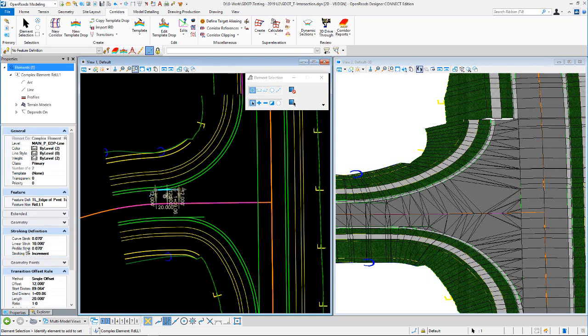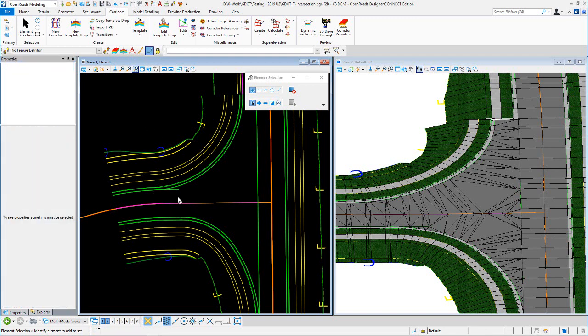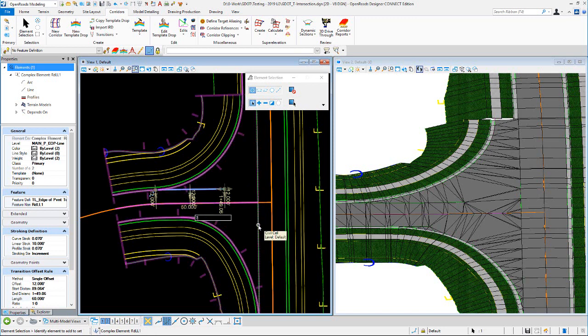But if we look at this element here, you can see the slope, -2%. So basically what we can do with these elements, and if you'll watch, I'm fixing to lengthen this. When I change that 20 feet to, I'll say 60, I don't know if you saw that, but that's a break line in your surface here. So if I change that to 70 feet,